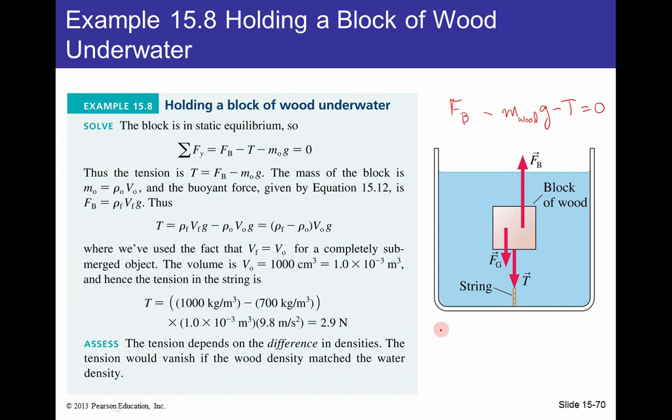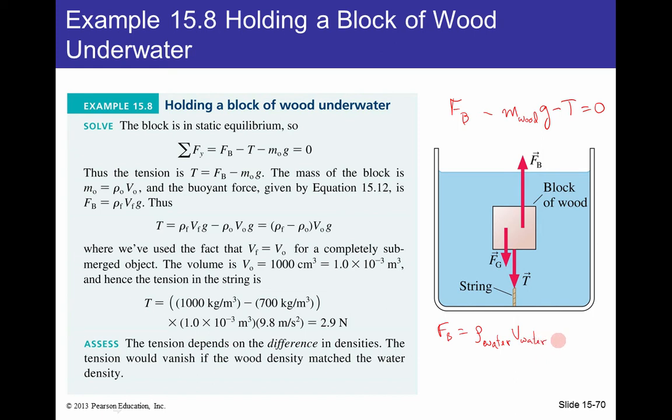Well, the buoyant force, we know, is the mass of the water that was displaced times g. And the mass of the water that was displaced is simply rho, the density of the water, times the volume that was displaced,